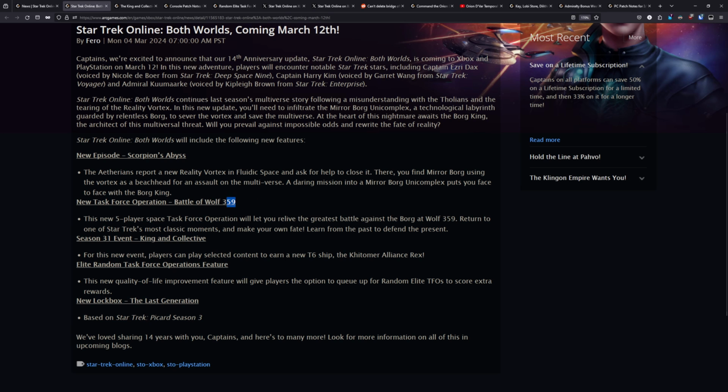There's the Battle of Wolf 359 TFO, which can be done in about 10 minutes with a decent team. There's the Elite Random TFO system, which is not currently working. And then there is a brand new lockbox, The Last Generation, which is based on Season 3 of Star Trek